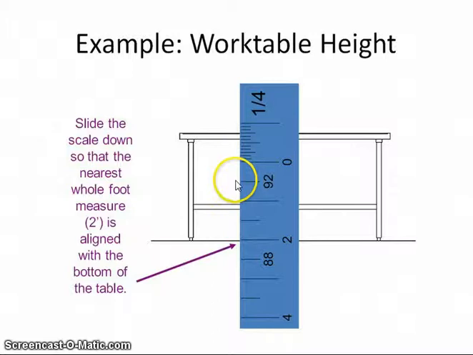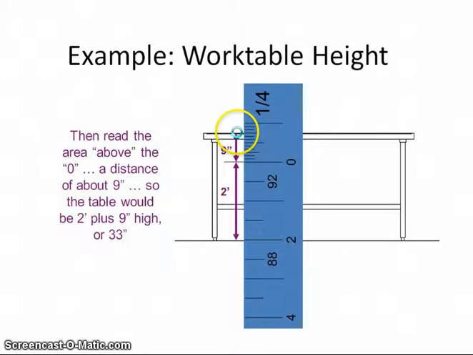So now we're able to calculate how many inches are going to take us to the very tip top of our table. So looking at our scale, if we start at 0 and we go all the way to the top, we know that it is 1, 2, 3, 4, 5, 6, 7, 8, 9 inches. Another way to locate this is, as we know, our 3 longest lines are going to represent 3, 6, and 9 inches. We can see right here that it stops at 9 inches. So the height of our table is going to be 2 feet plus 9 inches, or 2 feet and 9